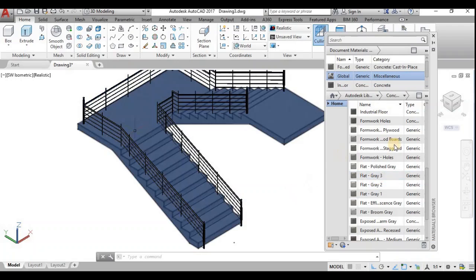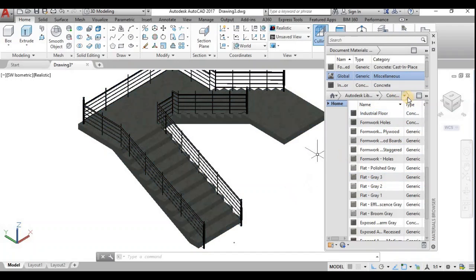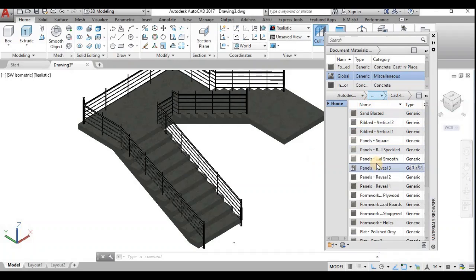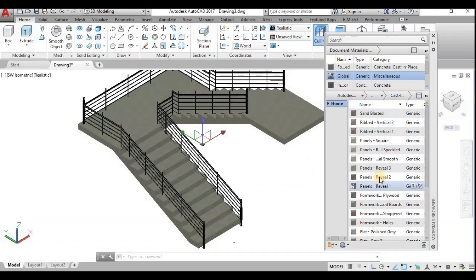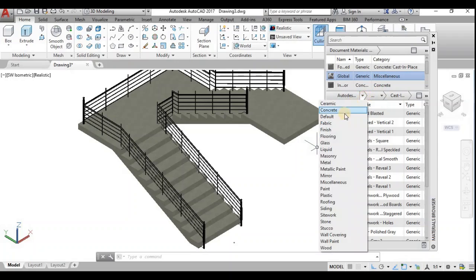Then for this you can choose the material cast into. There will be a difference if it is cast into concrete.